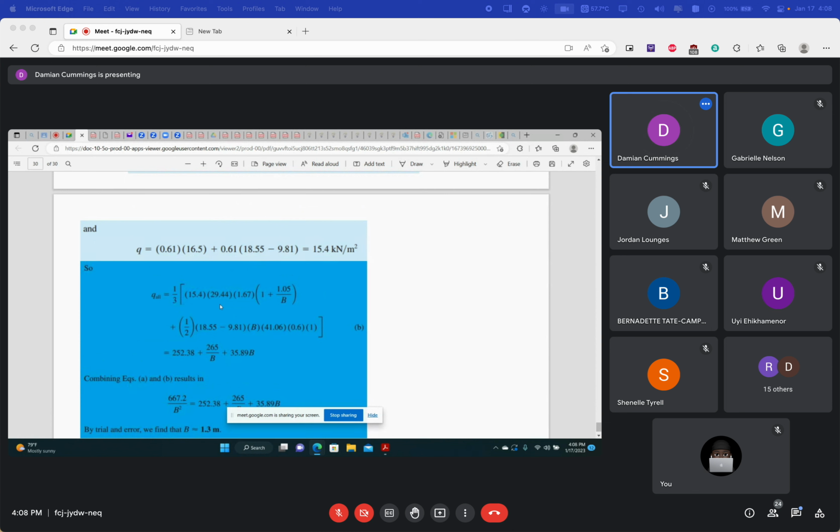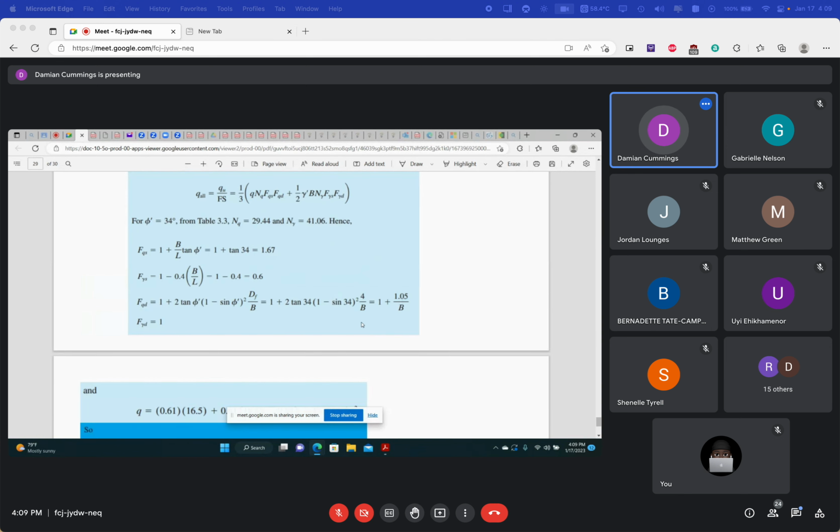QL is equal to, back to our general formula for equation, we have 1/3 times Q times our bearing capacity factor Nq, then we have our Fqs, times Fqd, which is 1 plus 1.05 over B, which we calculated as our second depth factor earlier,